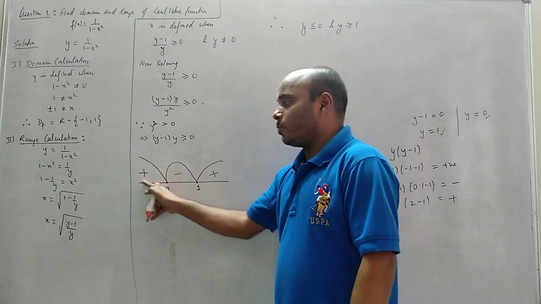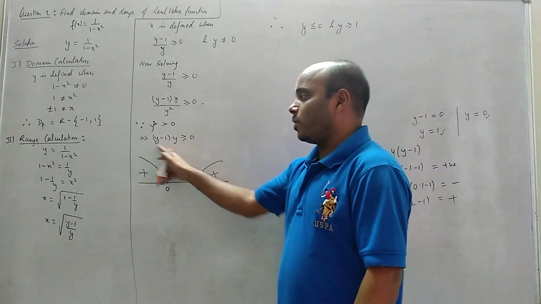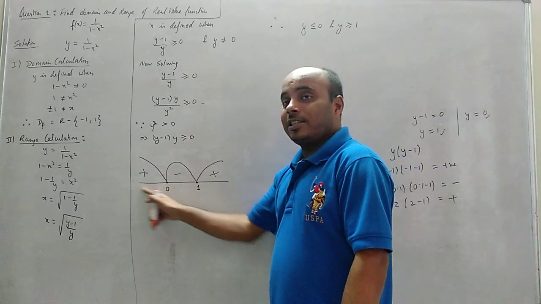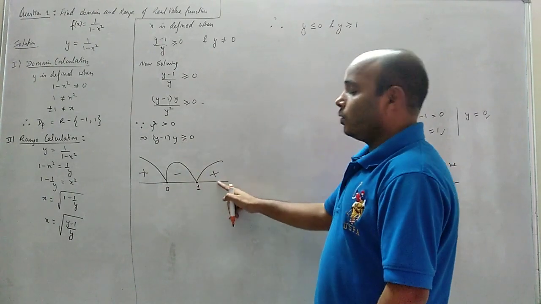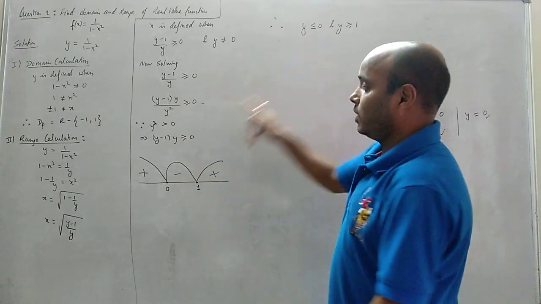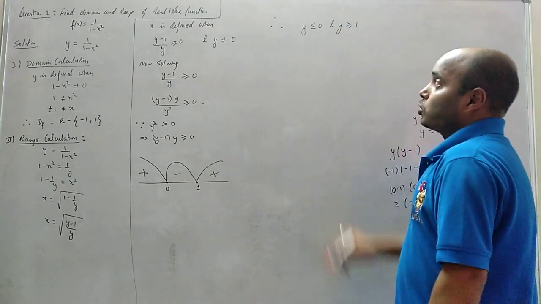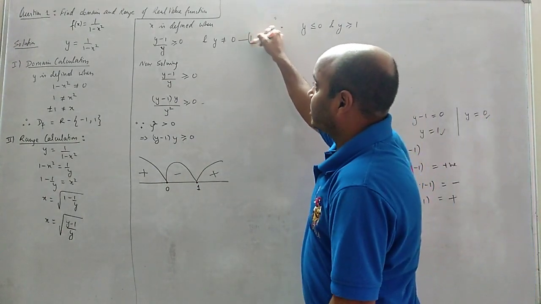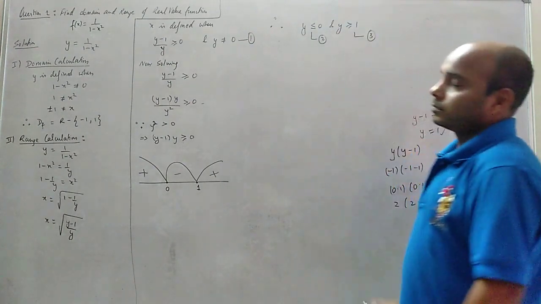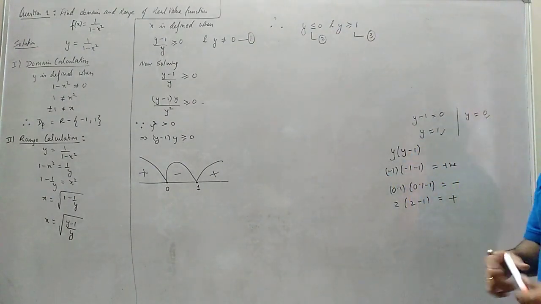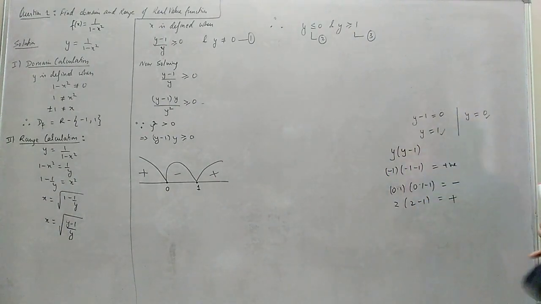In these areas it is positive, and in these areas this whole thing is positive. So we will take the y value less than 0, y equals to, because we have equals to here, and greater than 0, greater than 1, y equals to 1 because we have equals to here. Okay. So one equation is this, one equation is this. Okay. Understand? Again, pause the video and write down these things in rough.